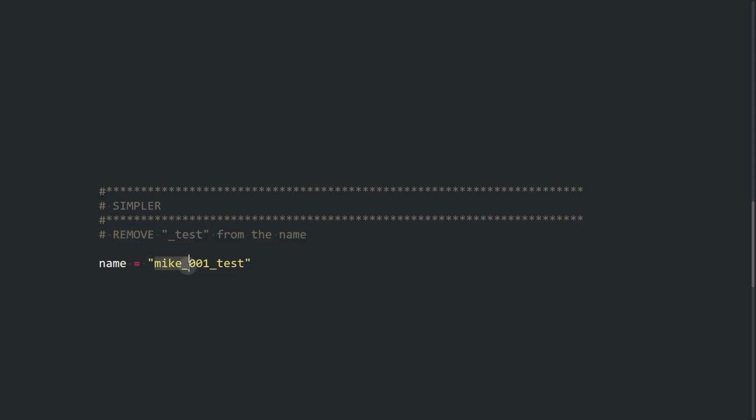So in this case, we get Mike _001 test. We can write a script that removes _test. But again, this is just a sample. It could be Sully _001 test. It could be announcer _002 test. So it doesn't really matter what is the rest of the name. We only focus on, okay, there's a _test in the name, and our task is to write a script that whatever the actual name is, we remove this specific part.